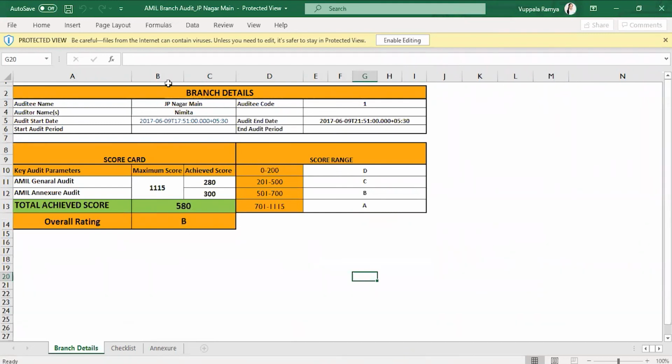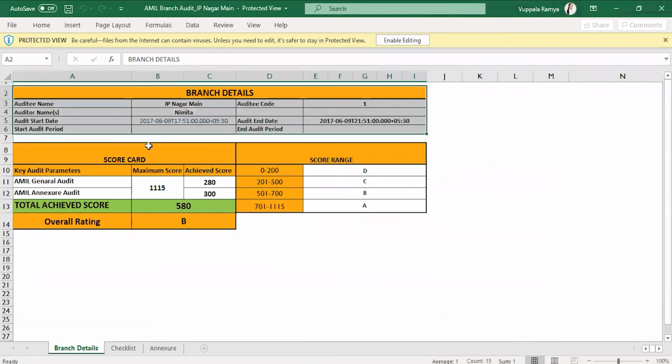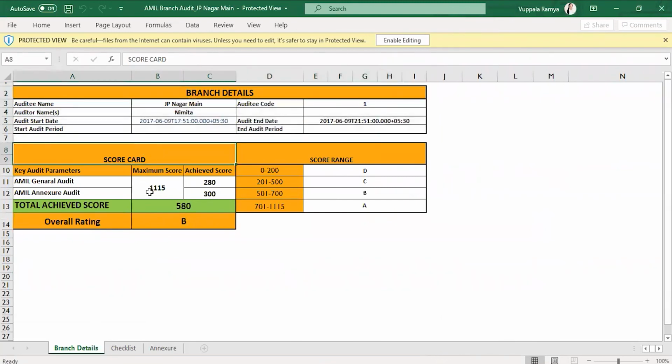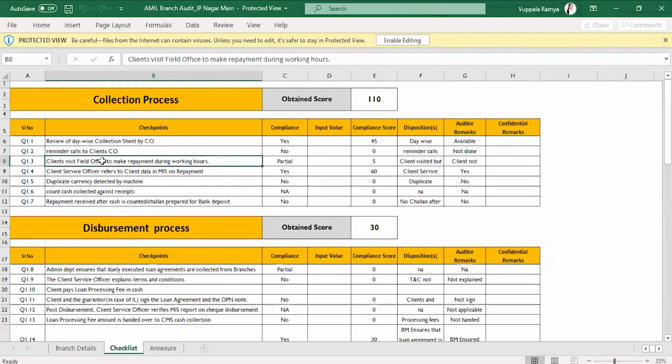We have used the same format which has been shared with the report specialist, and you could see the report has a summary of the information. It also has a scorecard where the scoring will be captured, and the checklist, which is whatever observation the auditor has made, provided in this format. So the beauty of this advanced report is, one, we adopt the same format including font and color as part of the report.